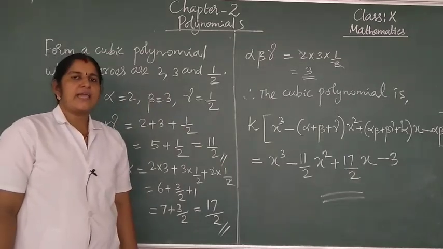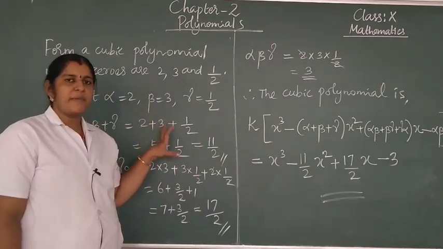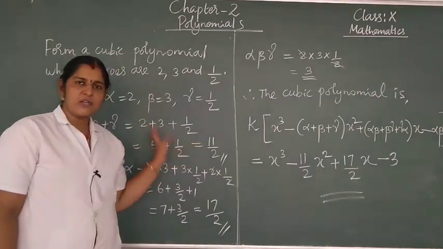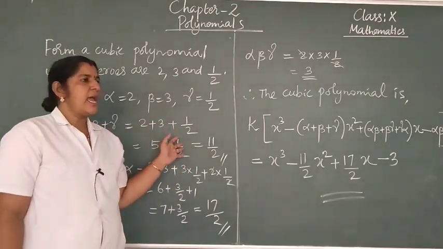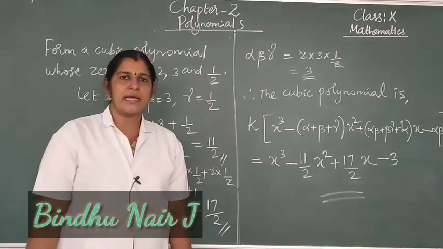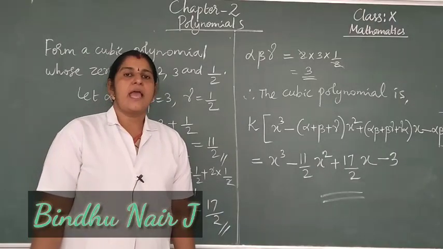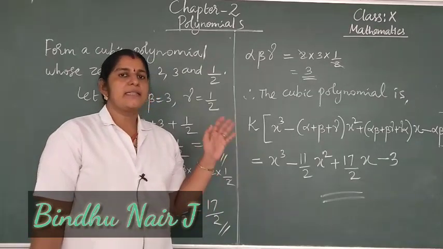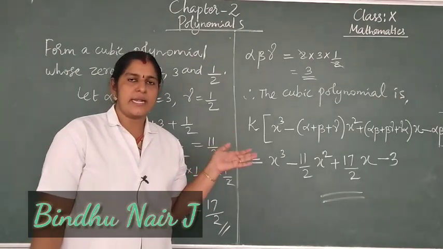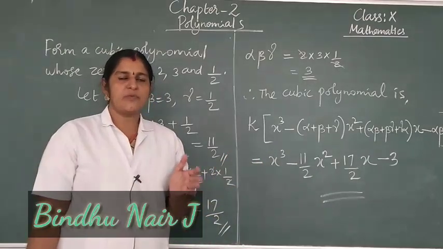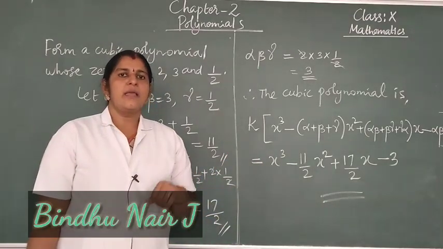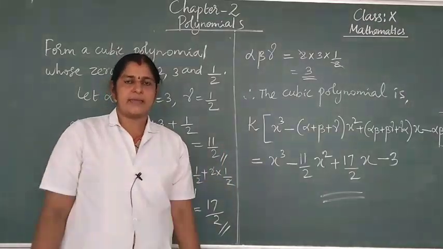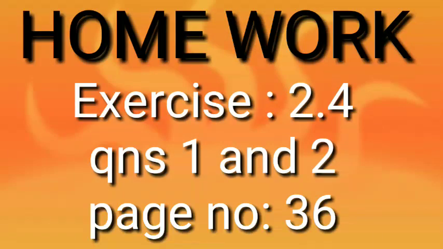So dear students, I hope all of you understood the examples and the topic we discussed today. So all of you practice all these problems, textual questions, and do the homework, complete the exercise, complete the notes in very good handwriting, and revise all the problems. For linear, quadratic and cubic polynomials, all the relations we discussed, you keep in memory and understand the concept very clearly. Here is your homework, students. From exercise 2.4, you need to complete questions 1 and 2, page number 36.